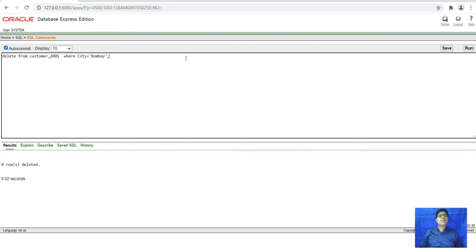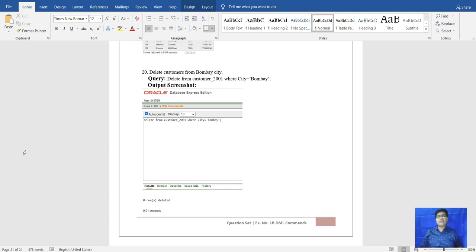Zero rows deleted because we don't have anything. Let's verify whether it is deleted or not. Nothing is deleted because we don't have any city that is Bombay.